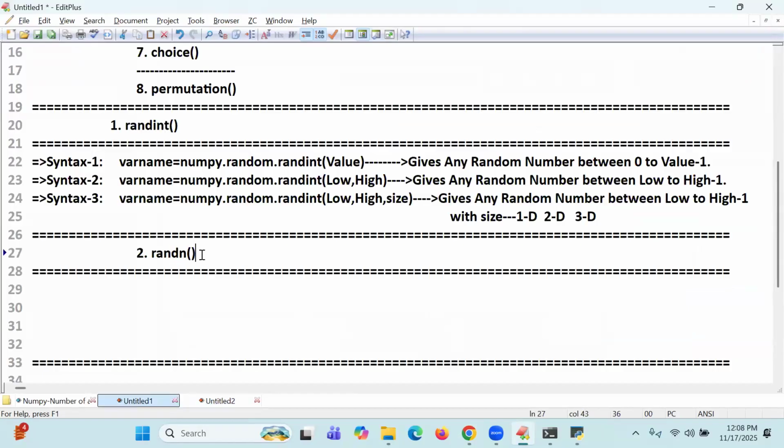randn stands for what? Normal distribution. That N stands for normal distribution. This normal distribution is also known as Gaussian distribution. He is a scientist who developed it some hundreds of years back. So I'm going to give you syntax number 1. I'm going to write numpy.random.randn of